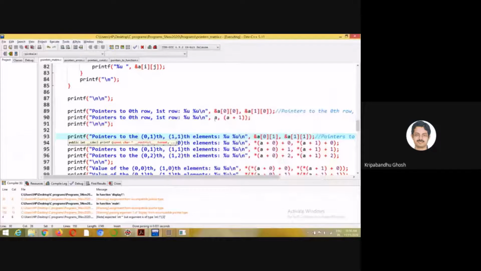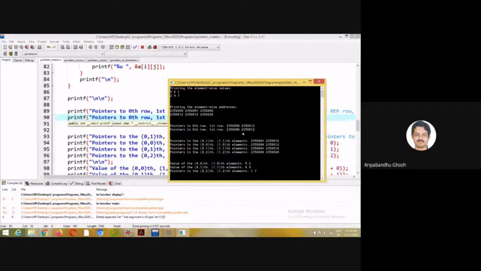Basically this is the starting address of the first element of the first row, and this is the starting address of the first element of the second row.